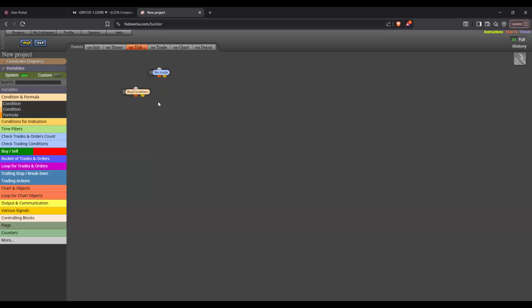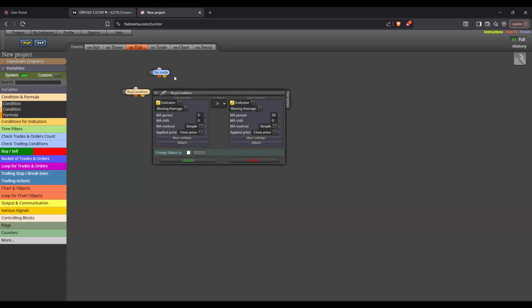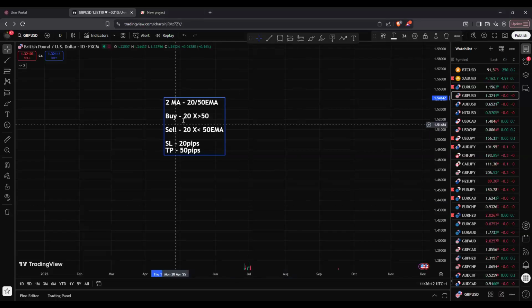Now, if I double click on this, I can say, okay, what are we trying to do? Going back here again, we're looking to buy if our 20 and our 50 exponential moving averages react. That means if the 20 period moving average,